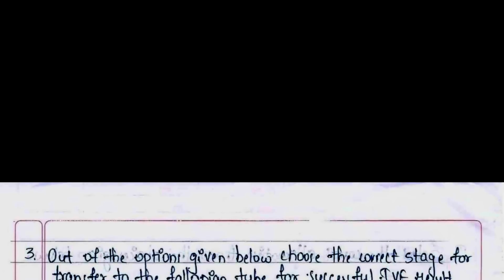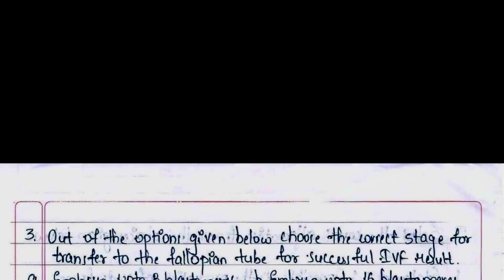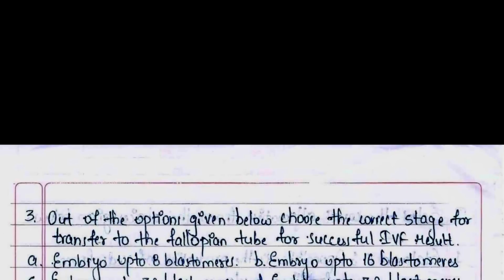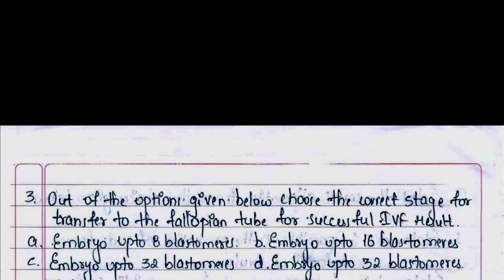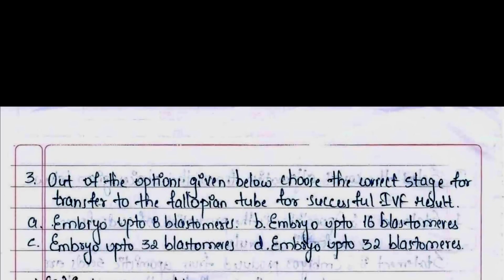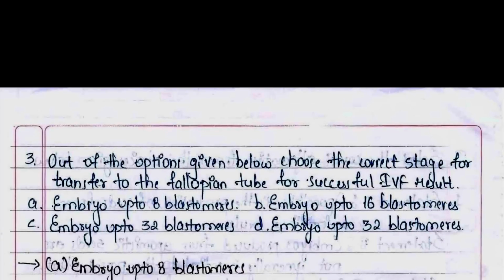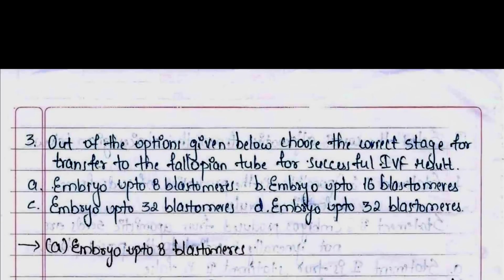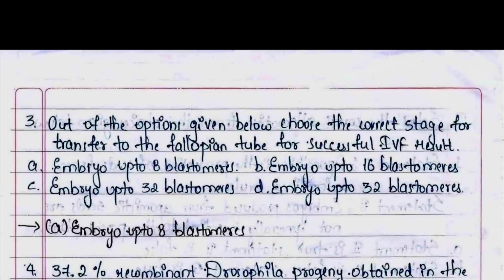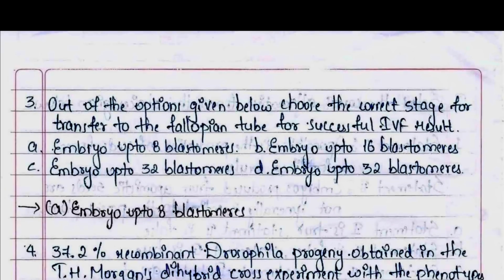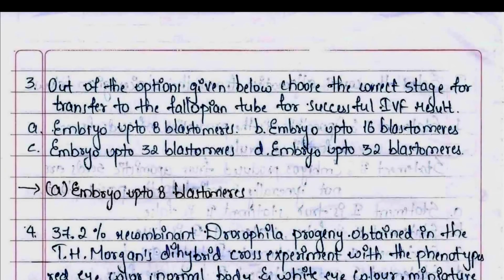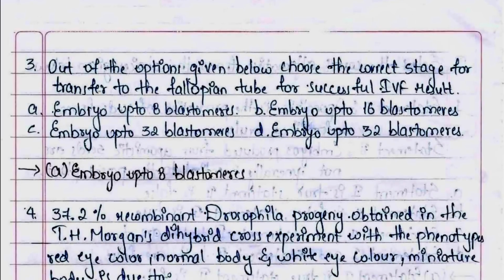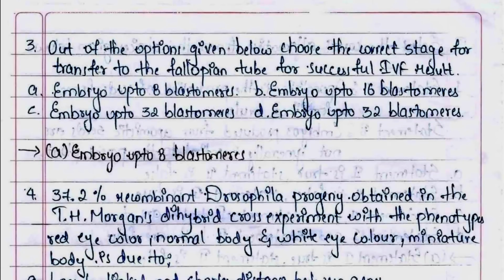Third, out of the options given below, choose the correct stage for transfer to the fallopian tube for successful IVF result. A. Embryo up to 8 blastomeres. B. Embryo up to 16 blastomeres. C. Embryo up to 32 blastomeres. D. Embryo up to 32 blastomeres. The answer is A. Embryo up to 8 blastomeres. Fourth,